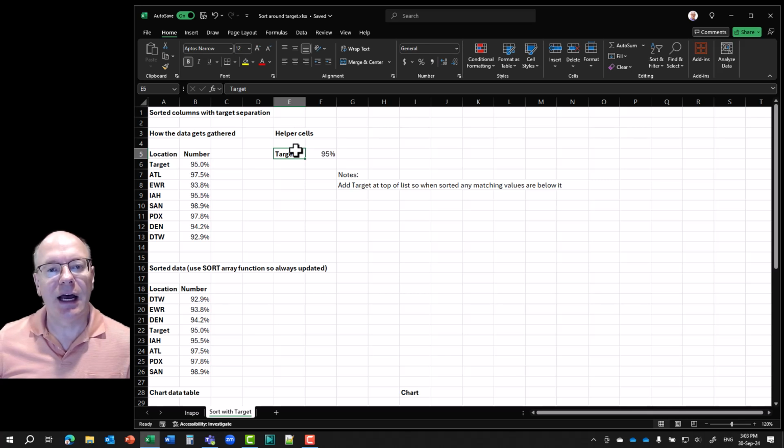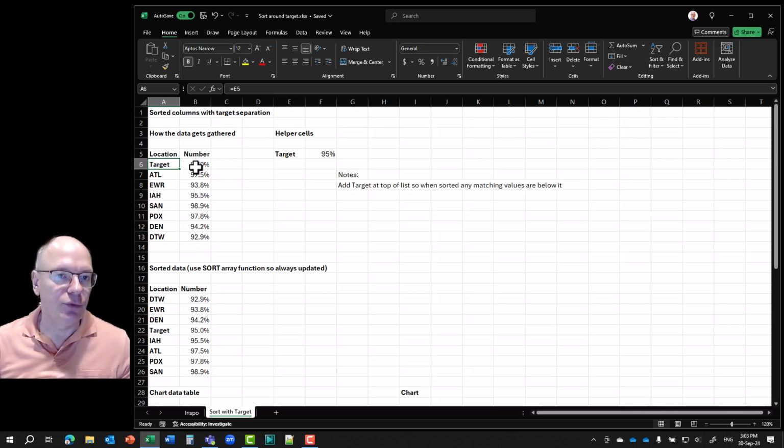First, I set up this helper cell, which is target and 95%. Then in the actual data that comes in that you've gathered, your analysis sheet, whatever it is, the first thing I do is put the target as the first item in that list. The reason for that is when we sort it in a moment, it will sort based on the value, and then secondarily, it sorts it based on the order that it was in the original set of data. So if you have anything that is exactly the same as the target value, you want that to be below,